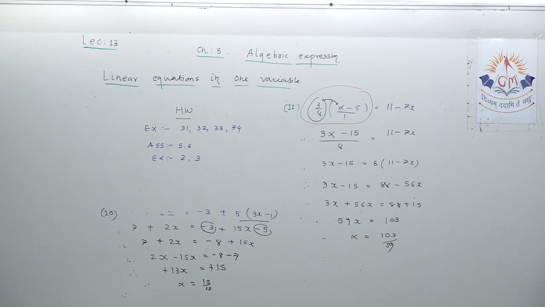You have to verify sum number 11 very consciously, and when I write any homework on the board, be conscious of which illustrations I have given, and from assignment 5.6 two examples you have to calculate. Main example, example number 2 and example number 3. This is your homework. Okay, dear student.